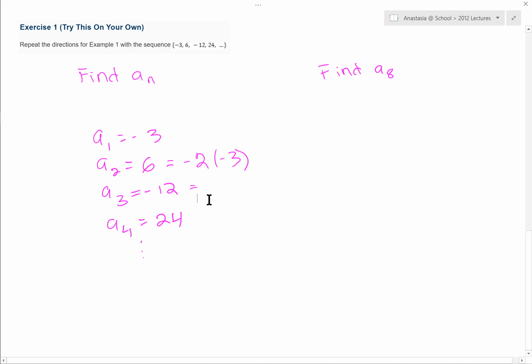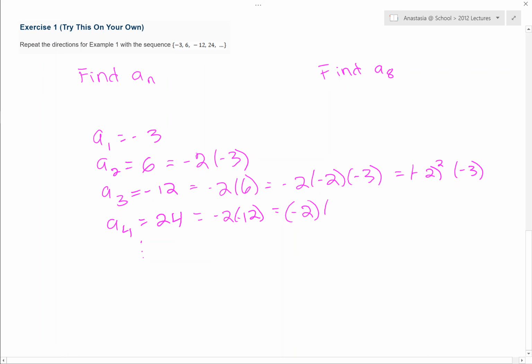And then our next one, -12, we can write as -2 times 6, or -2 times -2 times -3. But notice that's the same thing as -2 squared times -3. Now this last one, 24, is -2 times -12. And we know that -12 can be rewritten as -2 squared times -3. So -2 times -2 squared times -3, or we could write that as -2 cubed